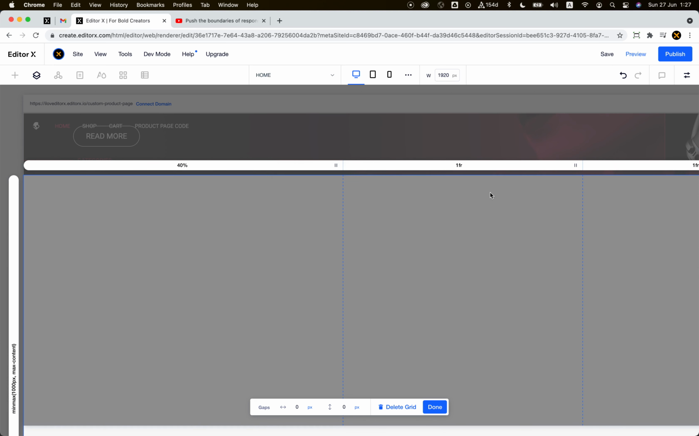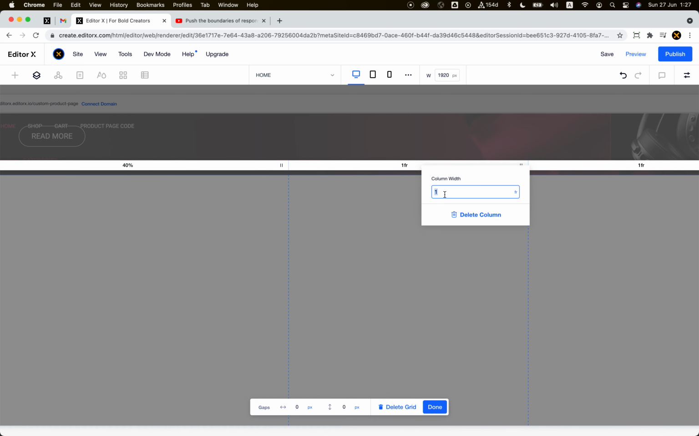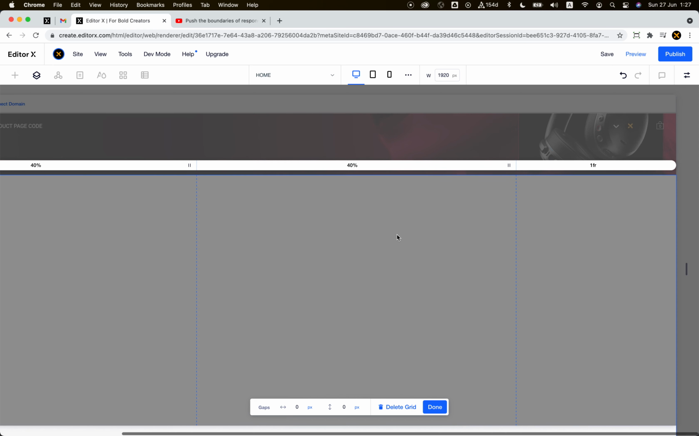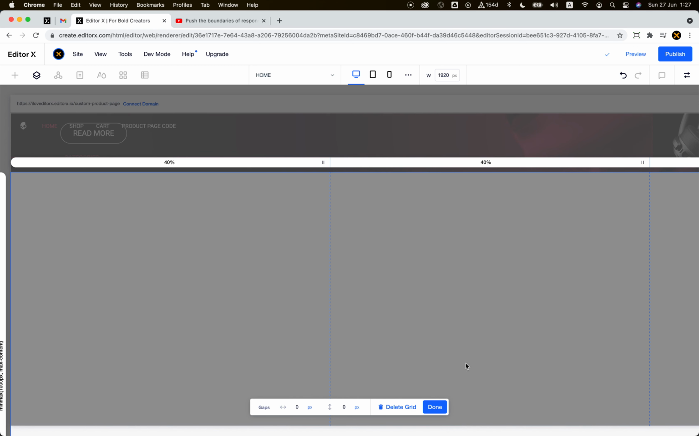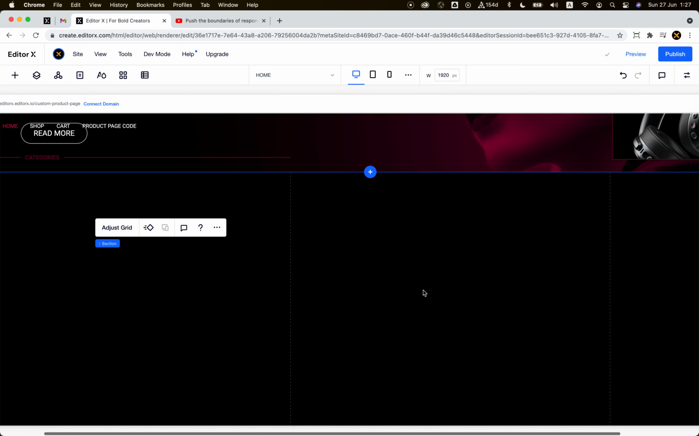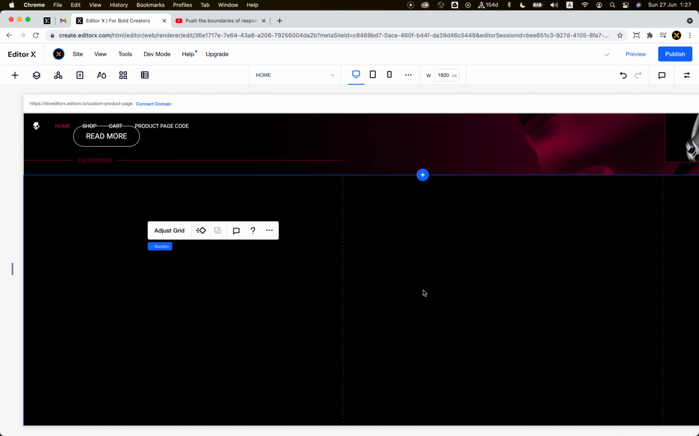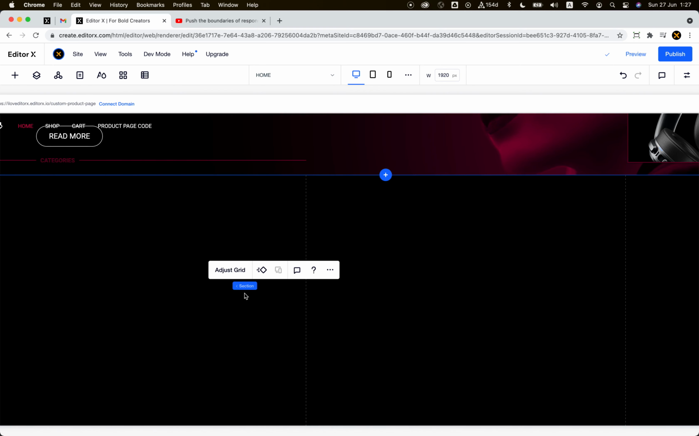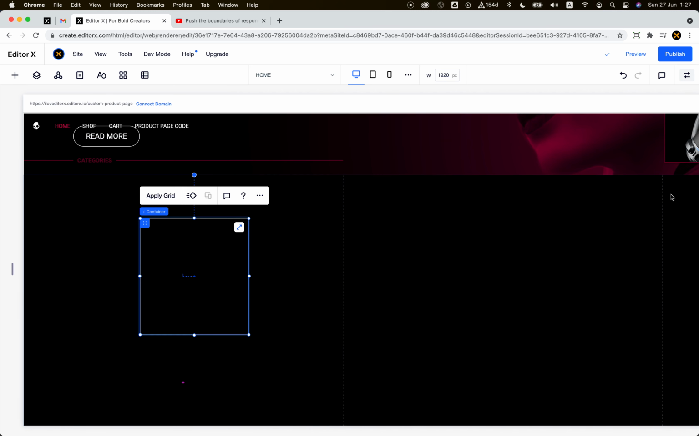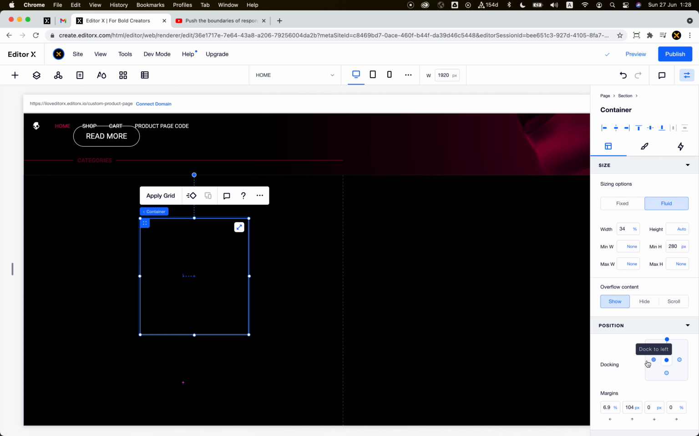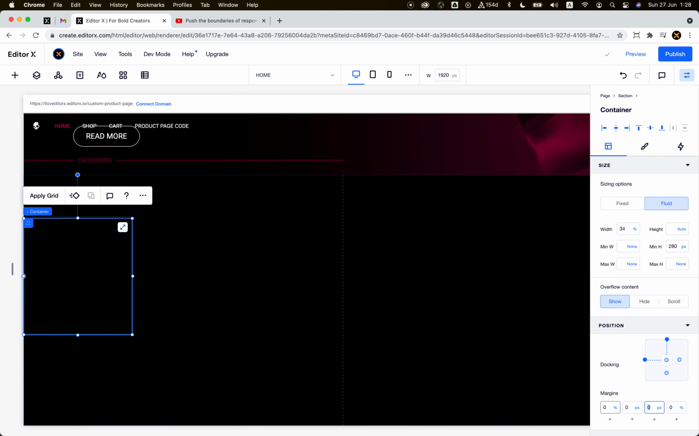So it's 40%, so I will set this one also to be 40% because I know they are identical, and the rest is 1FR, which, as you can calculate, is 20%. Alright, so this is the right column width. So first thing, let's drag a container, and I will set it to be docked to left top,